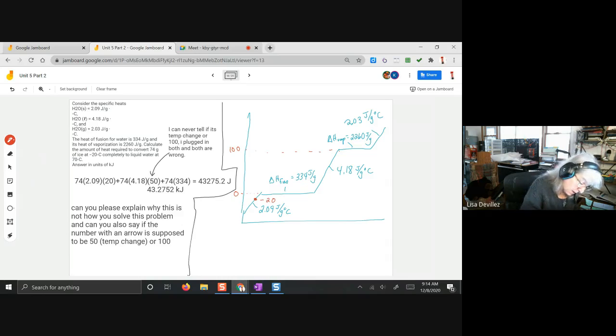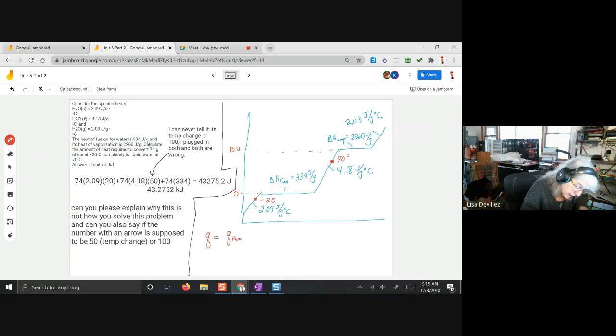To liquid water at 70. So we're stopping here at 70 degrees. Okay. It wants it in kilojoules. All right, so here my Q then is going to be